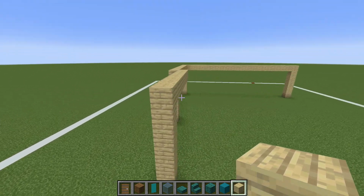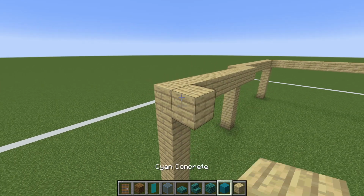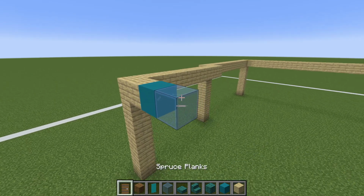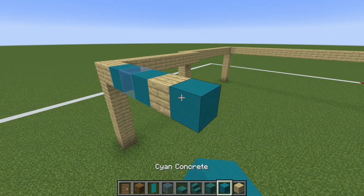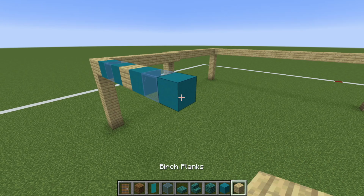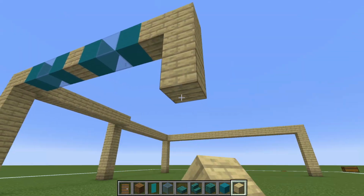And then we want to extend across the back of the build by placing a birch plank, cyan concrete, light blue glass, cyan concrete, birch plank, cyan concrete, blue glass, cyan concrete, 2 birch planks, and then connect down to the ground,